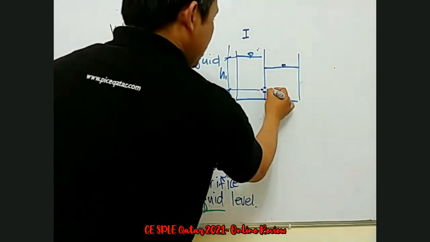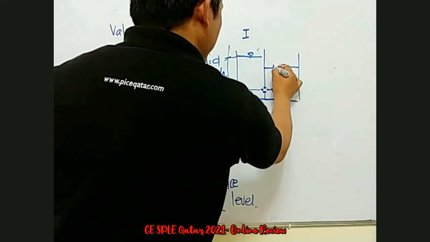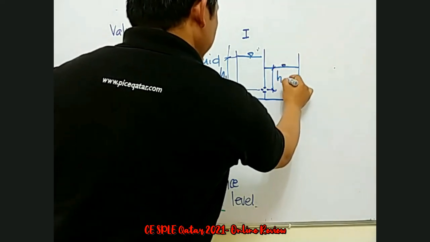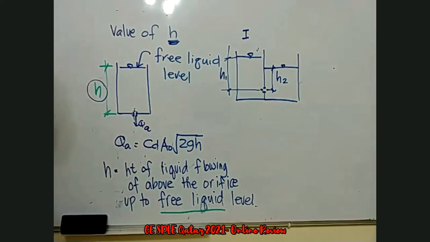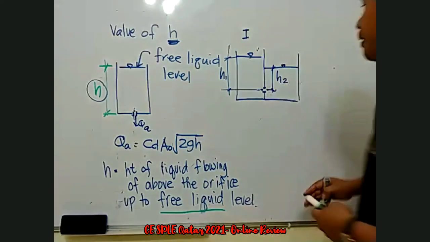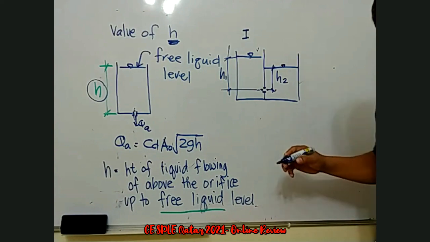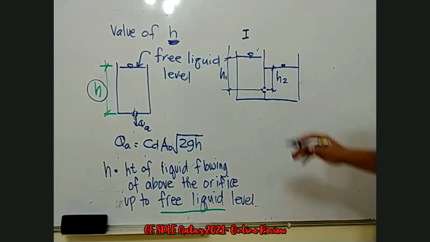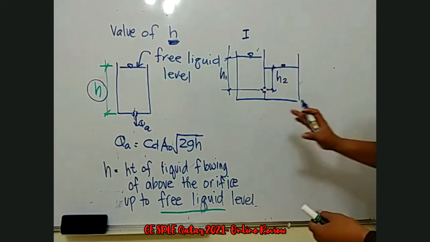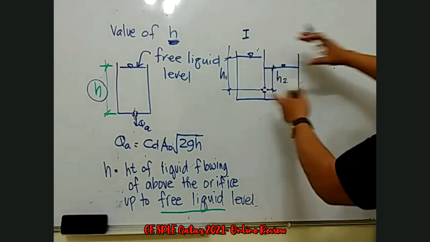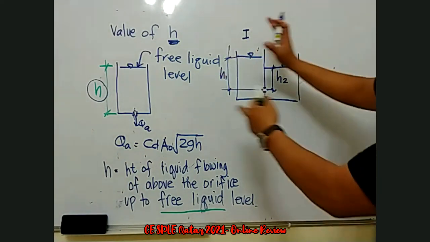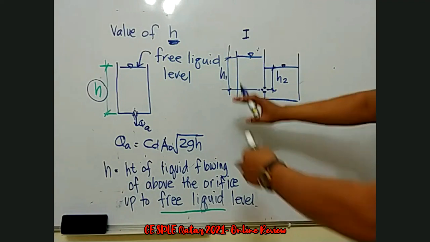Dito sa kabila, yung head available niya, ito yung sinasabing sa bird's orifice. Yung head available niya is H2. Now, what should be my H? Okay? Kung parehas yung level ng tubig, walang mangyayari na flow. Right? Magkakaroon lang ng flow yan, principle of Bernoulli pa rin, kung mas mataas yung head on the left side. Flow goes in the direction,